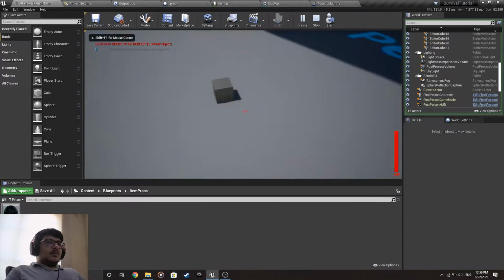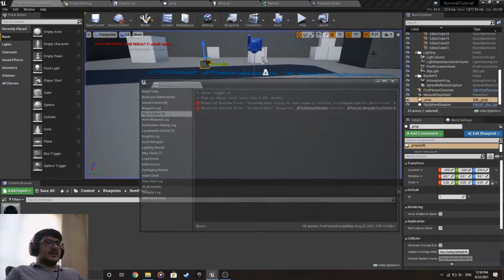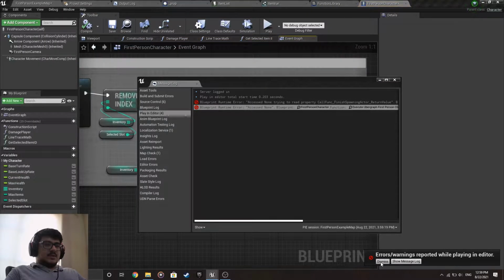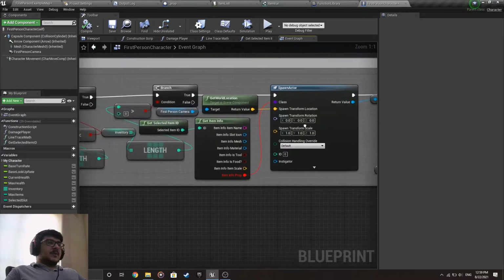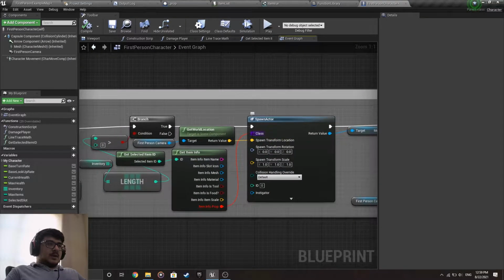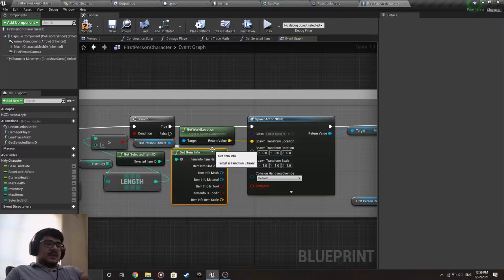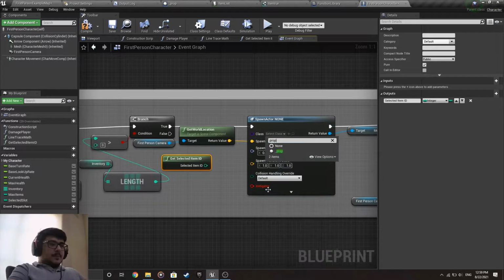The problem now, when I pick it up and drop it, it breaks. Okay? Let me go to this error message. Just open first person character and see what's dropping. See? Here the class is set to item prop info. Instead, remove this and delete the get item info thing. Get selected item ID and just type in the prop,